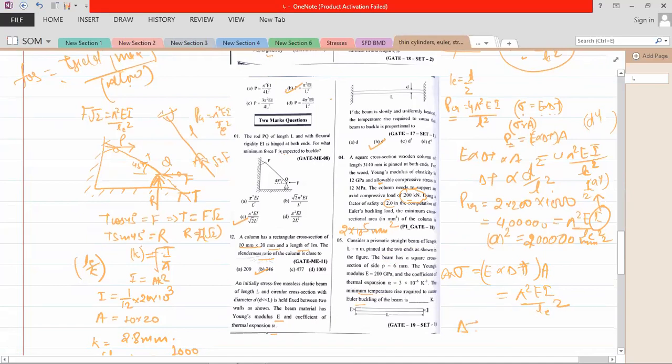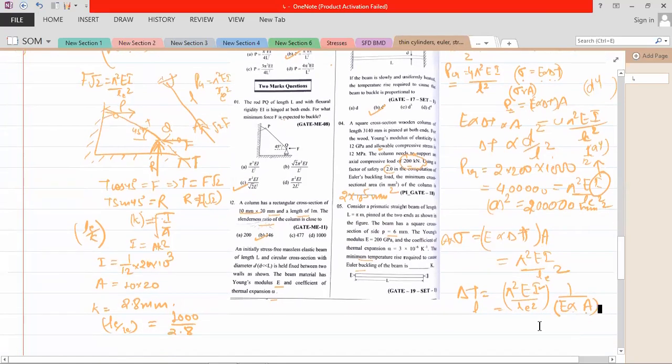If you write it, delta T is equal to pi square EI upon LE square, the first term is same. Now the second term would be 1 by E alpha into area cross section. You know pi, and E value, I value is given because it is a square cross section of side P. LE is equal to L because both ends are fixed. E value is given, alpha value is there, area cross section is given. You just put the value, and the temperature that we obtained is around 1 degree.